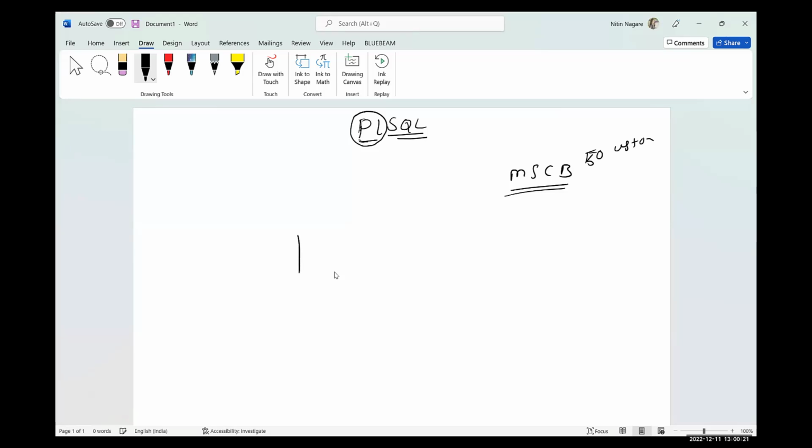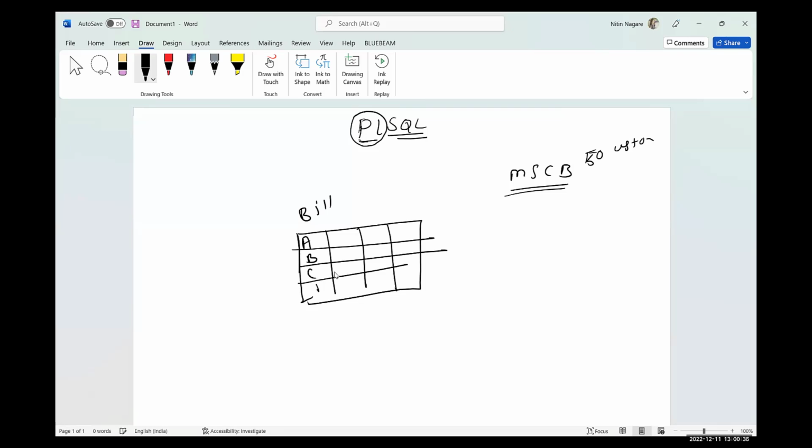Suppose this is the table where bill data is there. There are customers: customer A, customer B, C, D, and so on, suppose 50 lakhs.